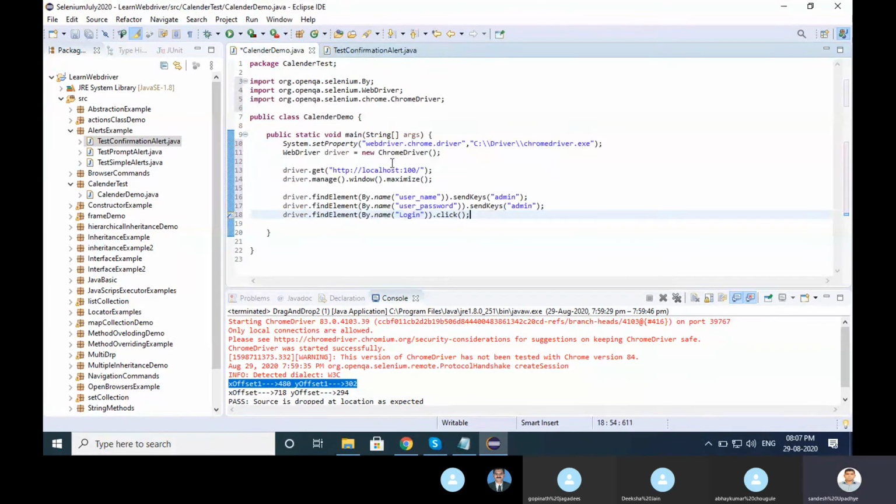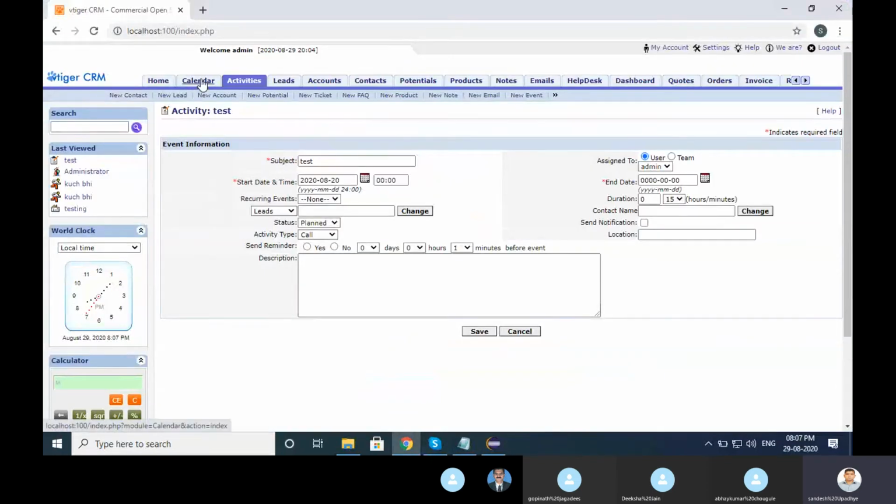It will open localhost, enter the username, and click on the login button as well. Then stepwise, once we log in, click on the calendar control.